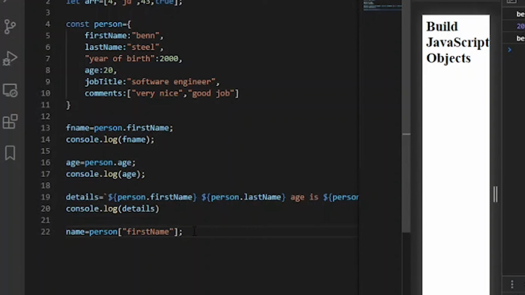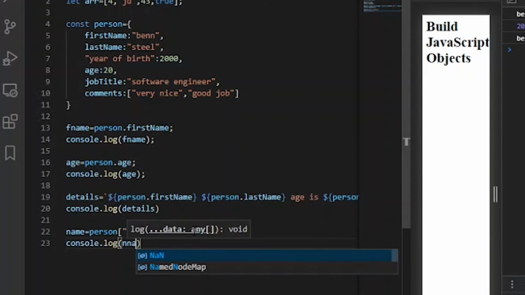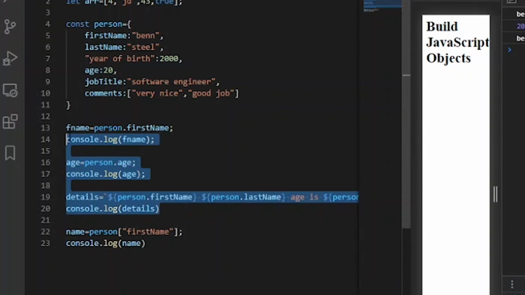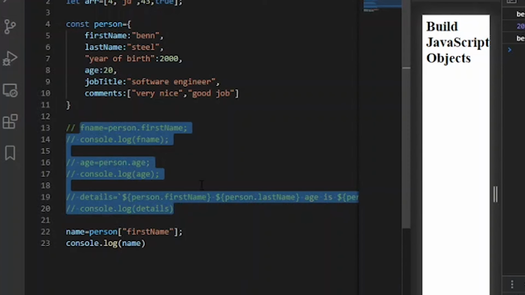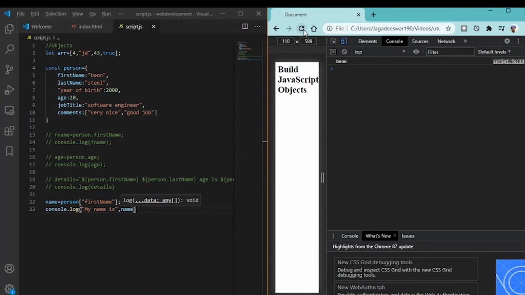Let's write console.log name. Let's comment this, save the file. It's going to show the name Ben. Console.log, it's going to show my name is Ben.